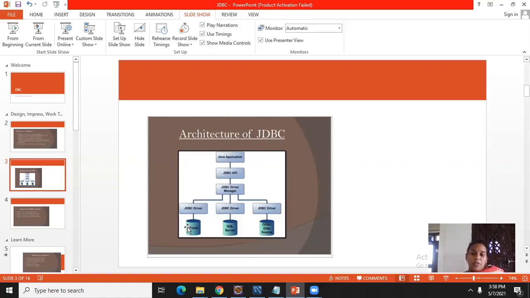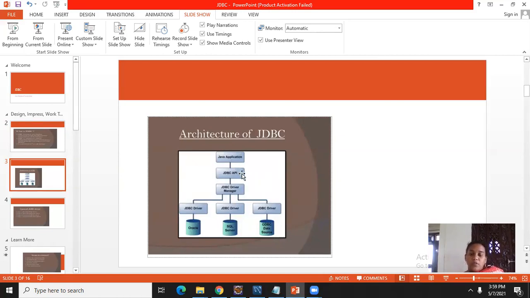This is the basic level understanding of JDBC. Java application programming is completely different and database management is completely different, so I want communication between these two. For this we are using the JDBC API.